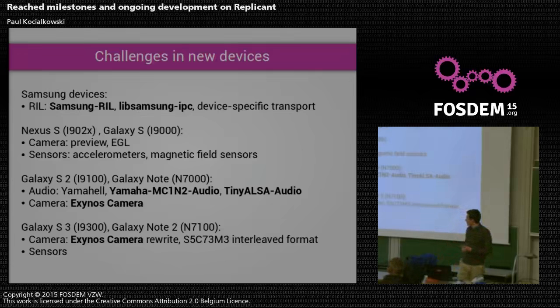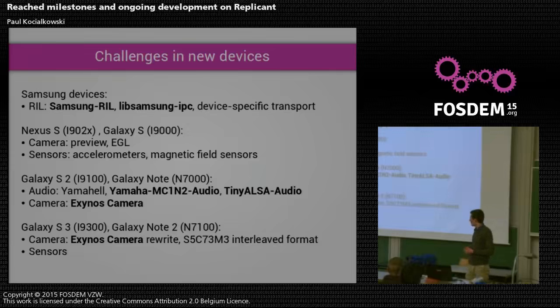And the same thing was going on with the camera. The camera needed a non-free module, so I replaced that as well. And on the Galaxy S3 and Note 2, so that's a newer generation, there was the same problem with the camera, which needed a non-free blob. So then again, I replaced it. It was a different interface. So I kind of reused the same code, but mostly changed it. So it was a bit of that.